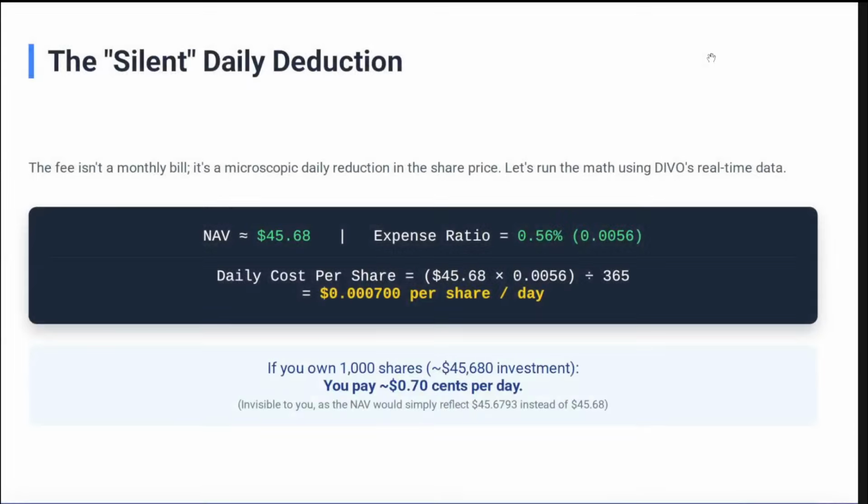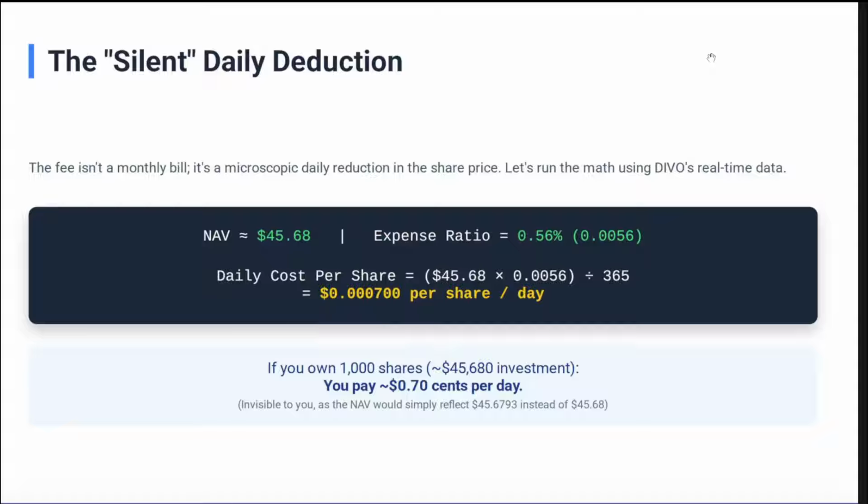The silent daily deduction. The fee isn't a monthly bill. It is a microscopic daily reduction in the share price. We're going to run the math using DIVO's real-time data. As of this video, the NAV is $45.68. The expense ratio is 0.56%, which in decimal is 0.0056. The daily cost per share, right? So we're going to use $45.68 as of today, the video being made. That's the share price, multiplied by 0.0056, divided by